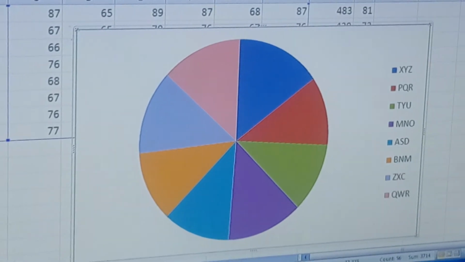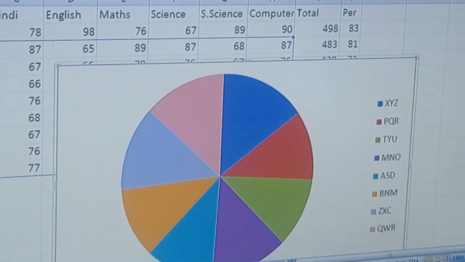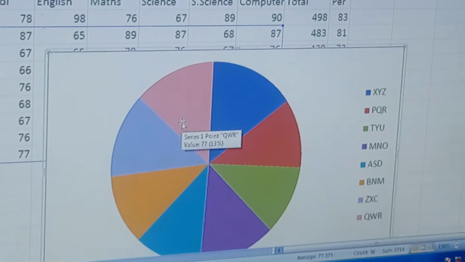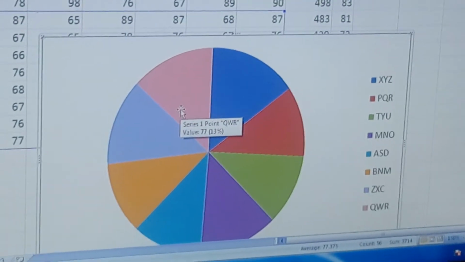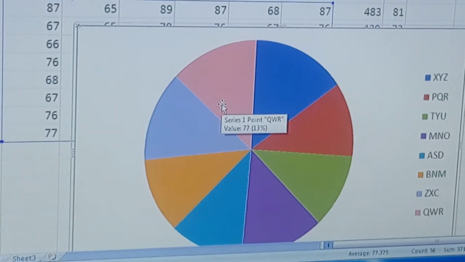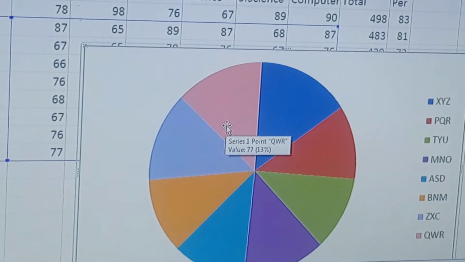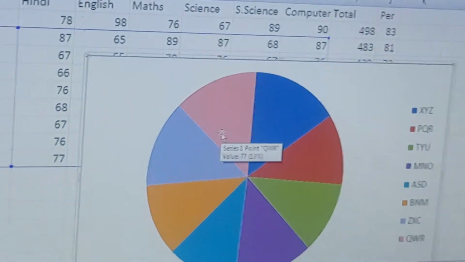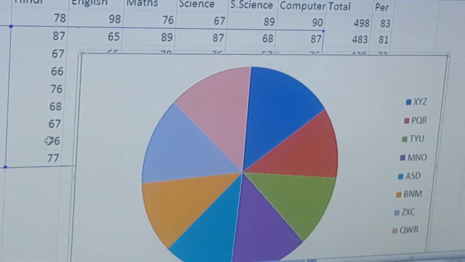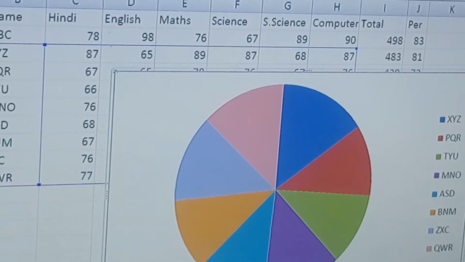Now here it shows the record of XYZ but only one. What is the value of? It is only the subject Hindi. It takes only one series, which is the first series, which is Hindi.